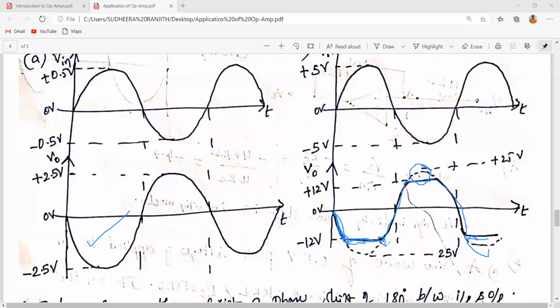The possibility of output swing depends upon the supply voltage you applied to your operational amplifier. Here in the problem he has taken plus or minus 12 volts, but after calculating the gain and applying a 5 volt input, we get an output of 25 volts, which is not possible practically, right? That's why up to 12 volts the output is out of phase, similar to part A. But after crossing the 12 volts point, the pattern is clipped off, and the output voltage is saturated, right?